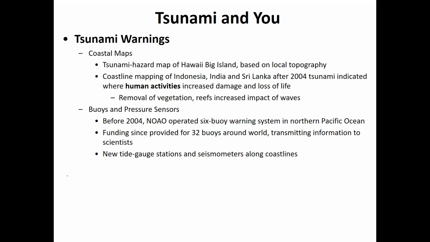and that mapping actually indicated that areas where there was human activities actually increased the damage and loss of life. Human activities such as the removal of vegetation, like mangrove forests, reefs, those increase the impact of the waves because those reefs and mangrove forests are natural barriers that break up the wave and prevent it from washing